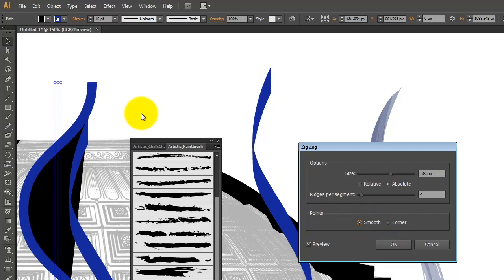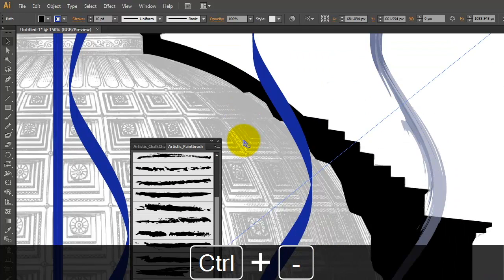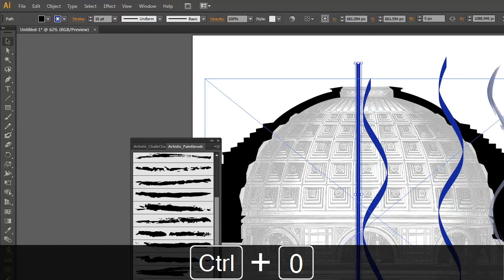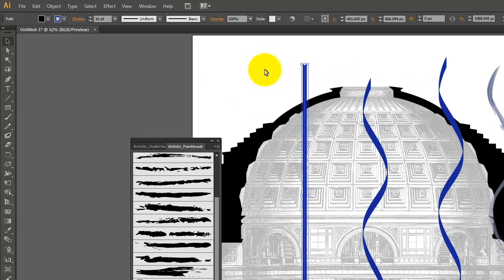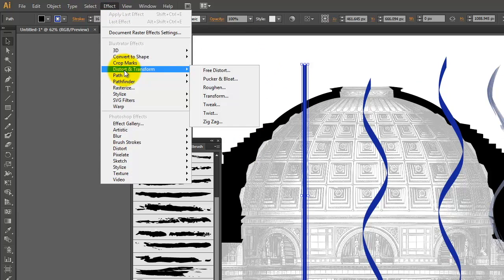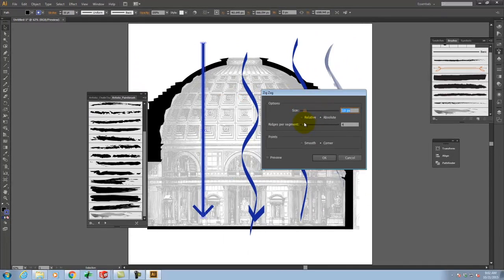Now, if I zoom out, I'm going to have to hit cancel for a second. Let me press Control 0 so you can see this. So I drew this line, right? But if I wanted it to be a little bit more even, I can go up to Effect, Distort and Transform, Zigzag. And from here I can control, based on these sliders, that I want a smooth curve. Let me go ahead and preview it so we can see it there. So I'm getting a nice smooth set of curves rather than me drawing it,